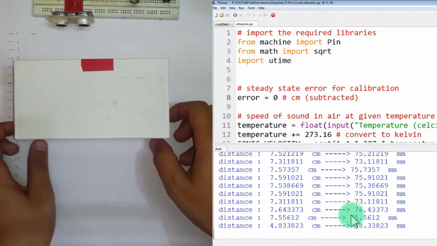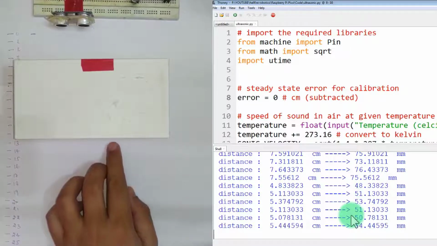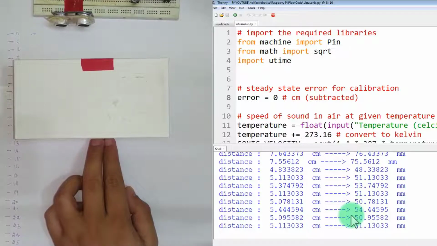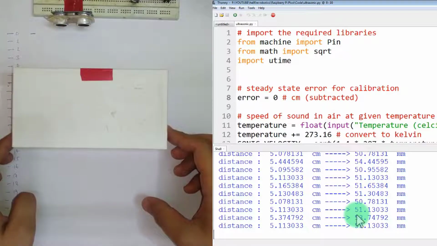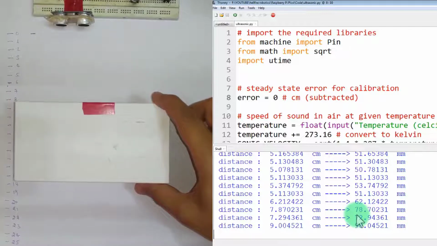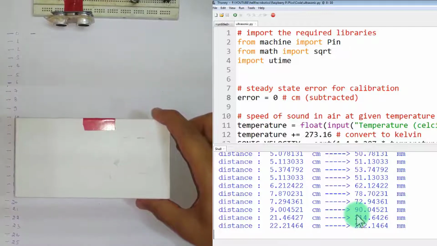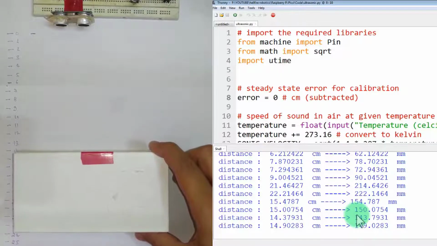Now let us put the object at around 4 or 5. So you can see that it is measuring the approximate distance. So this is the demonstration. Now you can see that the distance is increasing as I am putting the block at a further distance from the sensor.